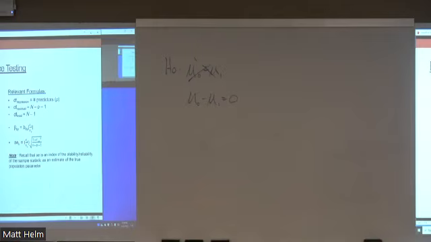So the test that we get in our output is a test of my R squared, okay? The null hypothesis here is that this model predicts 0 variability in my outcome, okay? So this test right here is testing the extent to which my R squared value is equal to 0. Okay, we'll see that.